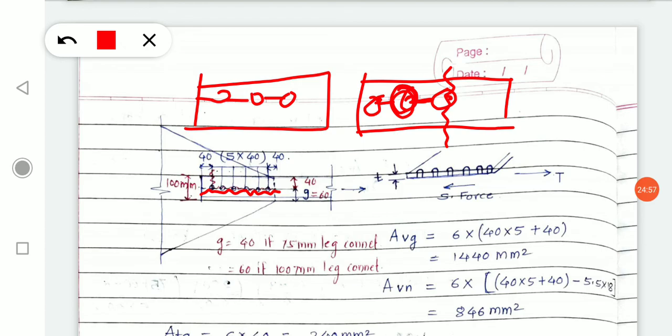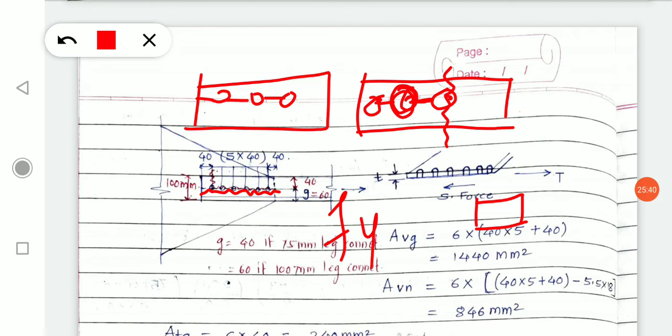This happens when you are using very high yield stress material for the bolts as well as the angle. If the yield stress of that angle and connecting bolts is higher, what happens? Then you require a lesser number of holes to connect the angle with the gusset plate. Please focus on what I am saying. If you have a higher bolt value, it means the yield stress Fy of that bolt is higher. In that case, the lesser bolts can also satisfy the connection.